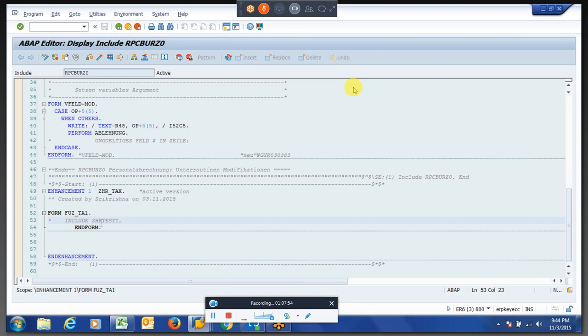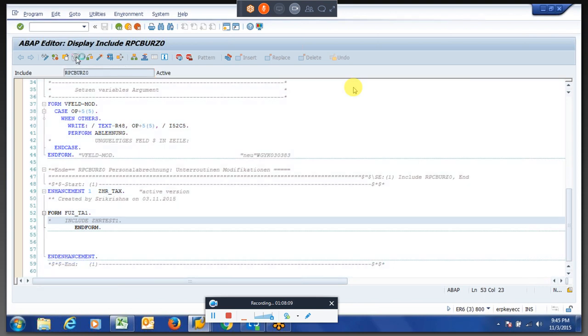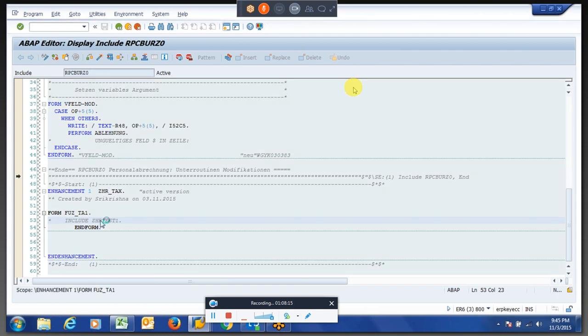Let us say, whenever you want to modify, you have to come down here in display mode to a standard include program which was given by SAP. Then you have to click on enhance. Even then you can't edit the lines, right?